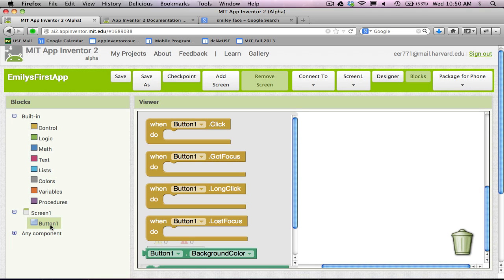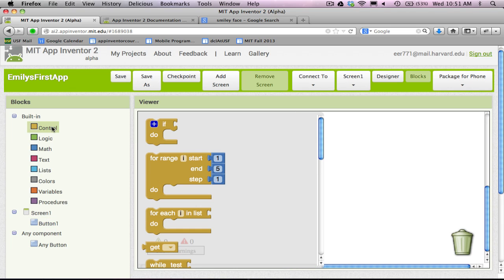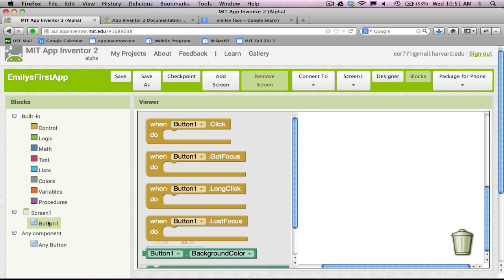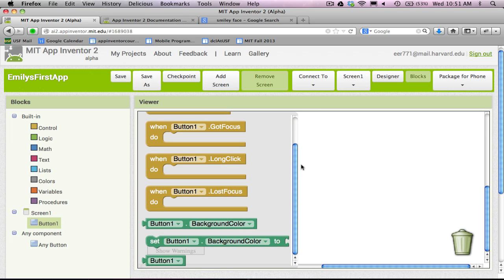So when I open up blocks, I see built-in, all right, ways to control things. I see my screens, and I see things that would work for any component. That's neat. Okay, so when I'm just starting out, I see button, and if I click on my button 1,